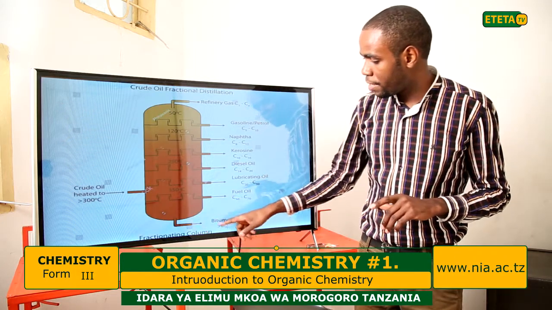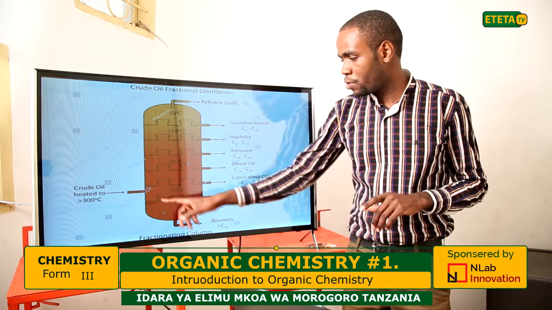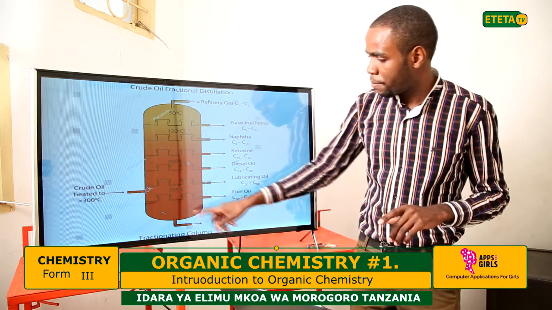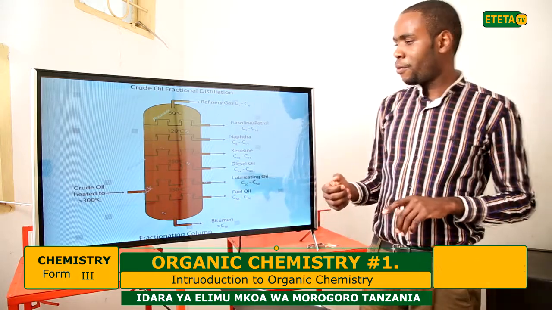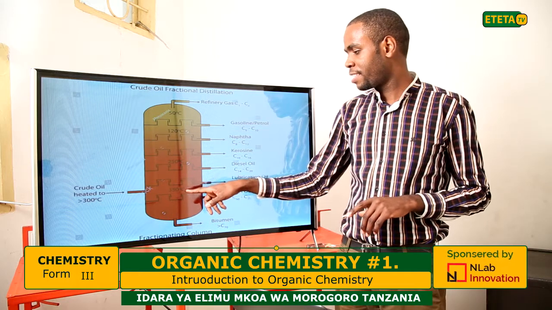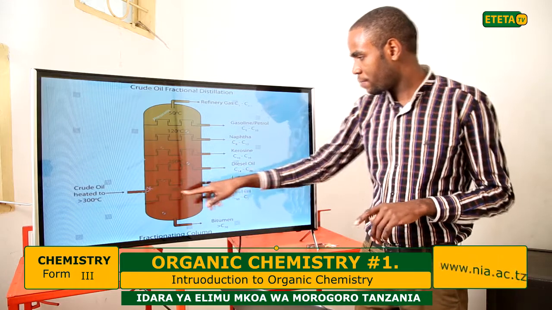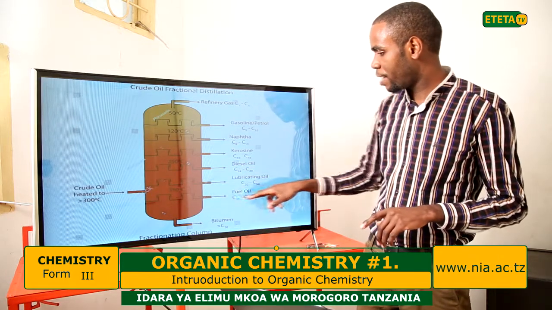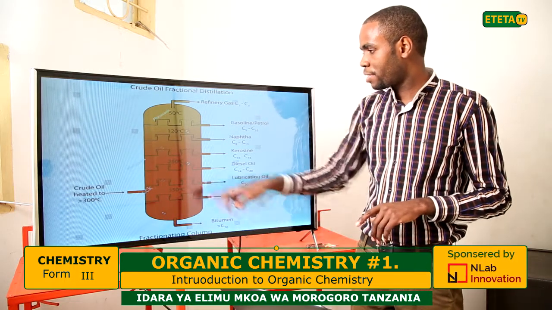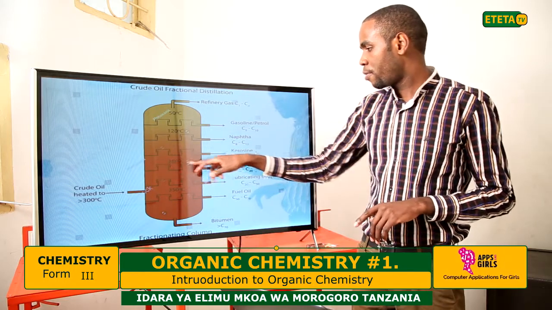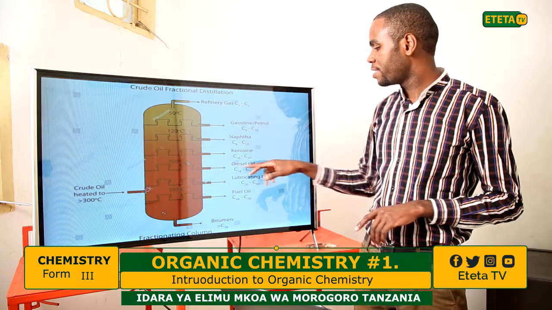The bitumen is one of the residue. The residue will be collected through this pipe, and those which can be cooled at a temperature of 350 degrees centigrade, for example fuel oil, will be cooled in this area and collected in this pipe. Another, which is cooled at the temperature of 250, will be collected through this pipe here. This includes diesel oil,